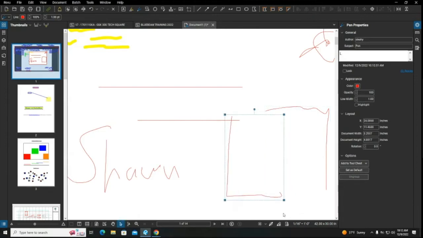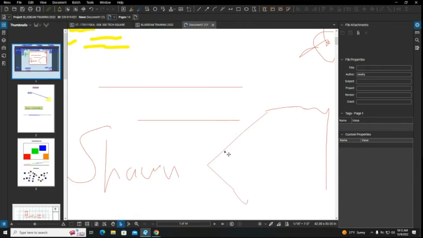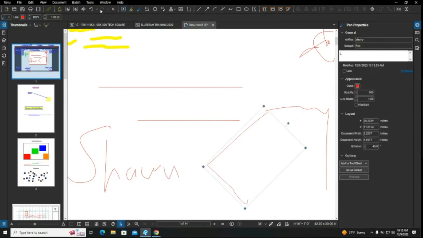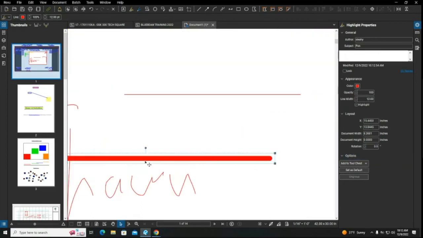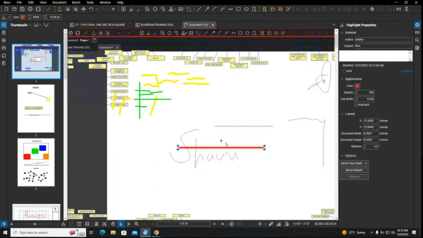So I can drag this away, or I can rotate that, but I can't erase it. I could just delete it. So I can delete it, or I hit the back arrow. I can change the thickness of that line. I can make it a highlight. I can't see red through red, but